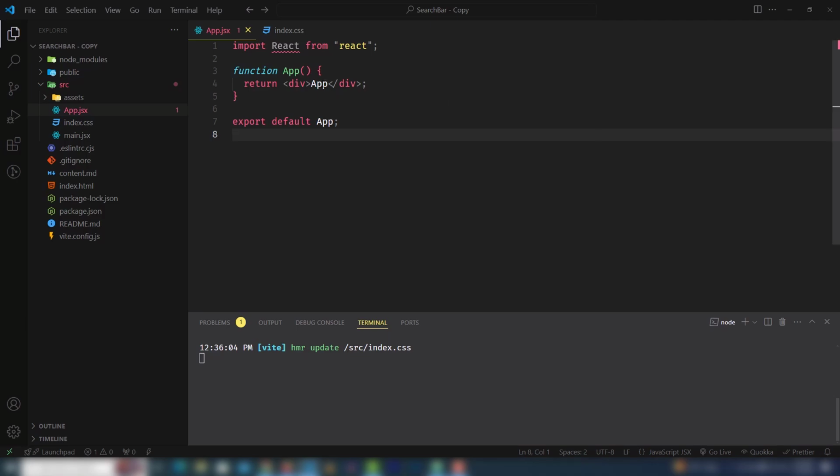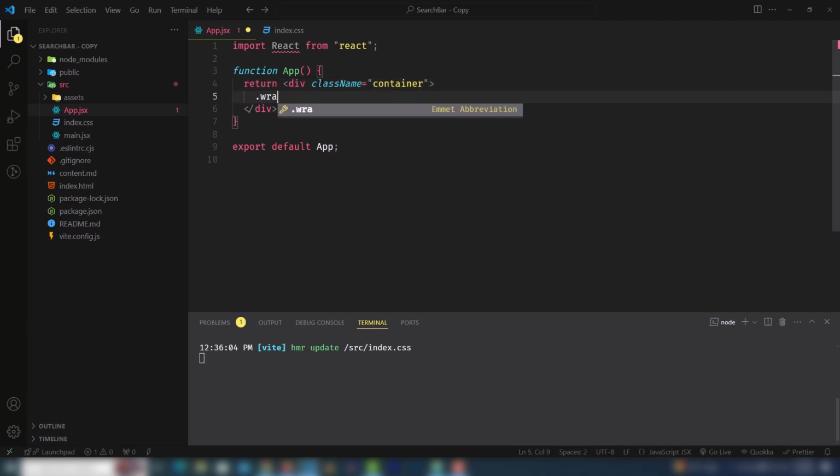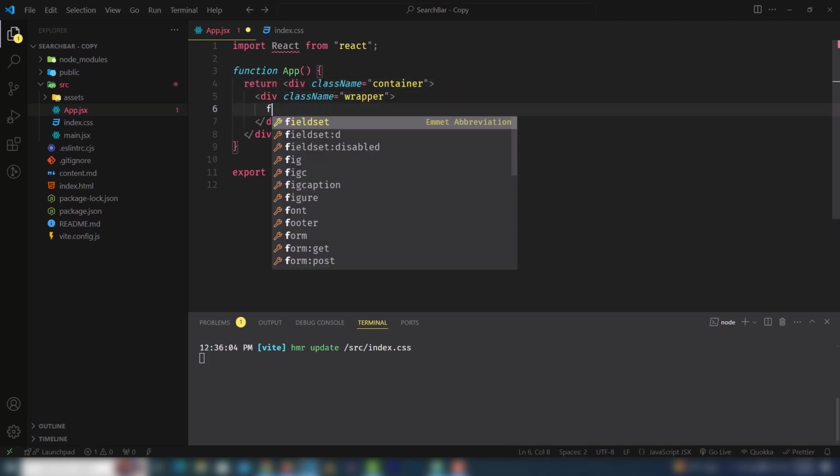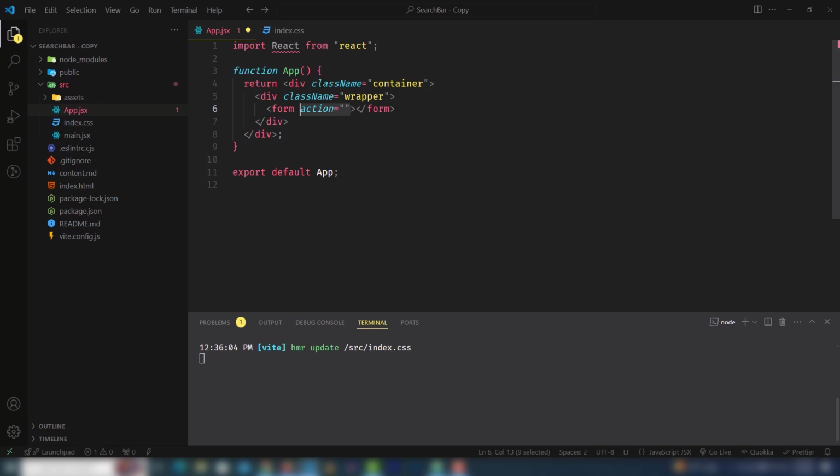So without further ado, let's get started. Write the code to design the application. I'll use the class container. Inside the container I will use the wrapper. Inside the wrapper I will use the form tag. Inside the form tag,